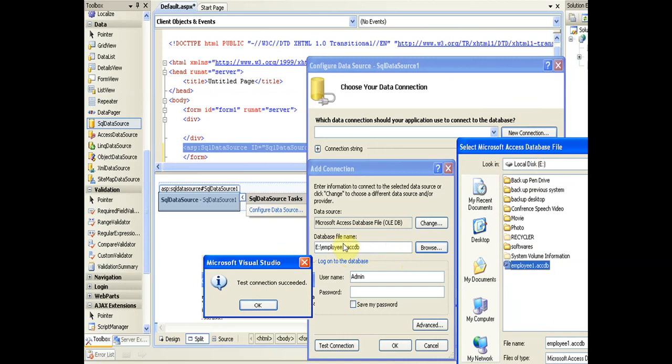By pressing the browse button, we can find this employee1.accdb, which is inside the E drive, and we can select it directly and press the OK button. Then we will find the name of this employee1.accdb in this window, and we are selecting the proper file name, database name, or DSN name.